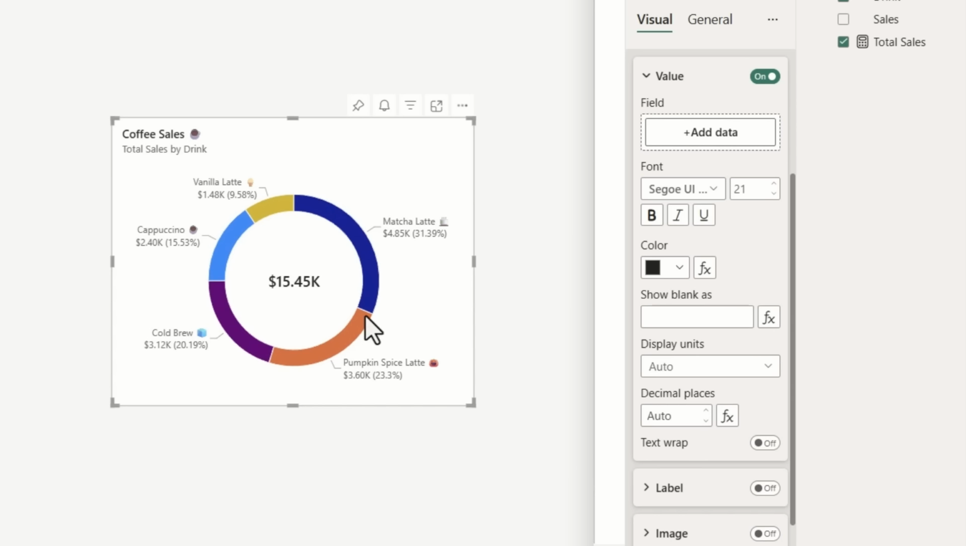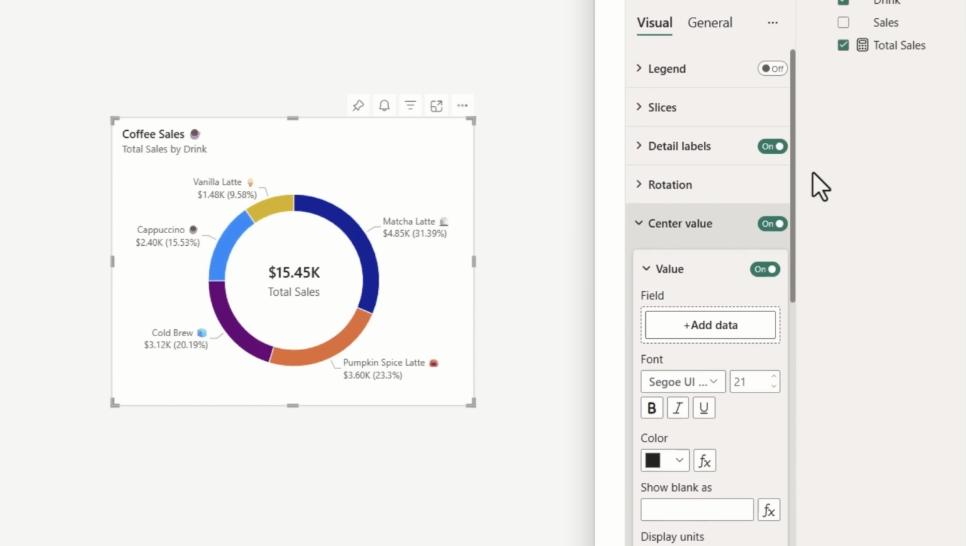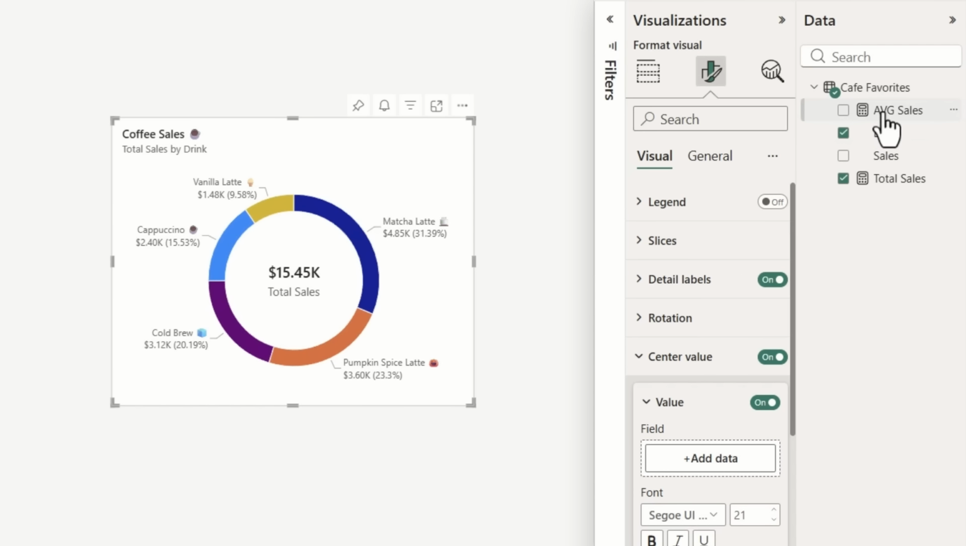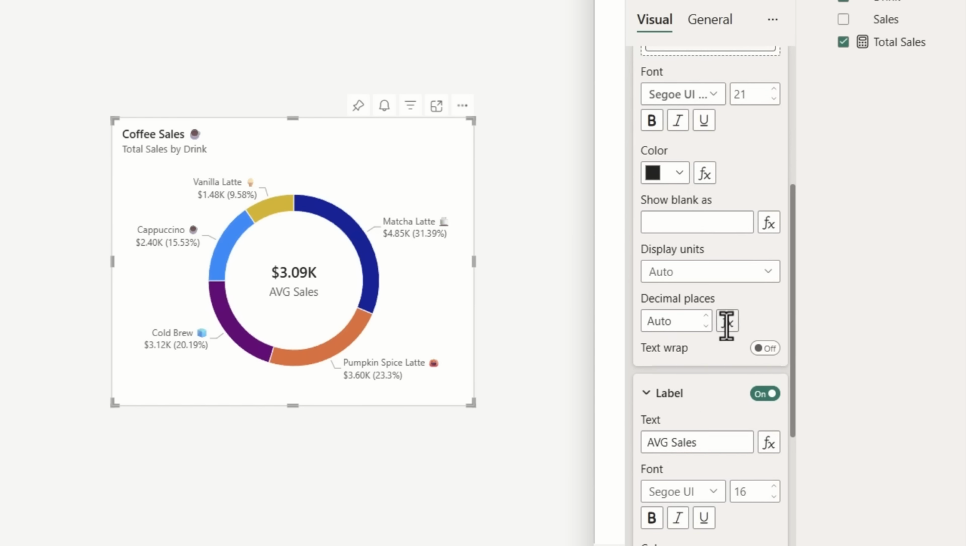How cool is that? Now, if you want to add a label, you can turn it on and it automatically takes the measure name. You can tweak the font, you can change the position, put it above or below the text. You can make it as you wish. If you don't like the total, you can swap in any measure you like. Just drag and drop. Here's, for example, average sales instead, and we can even go ahead and change the display